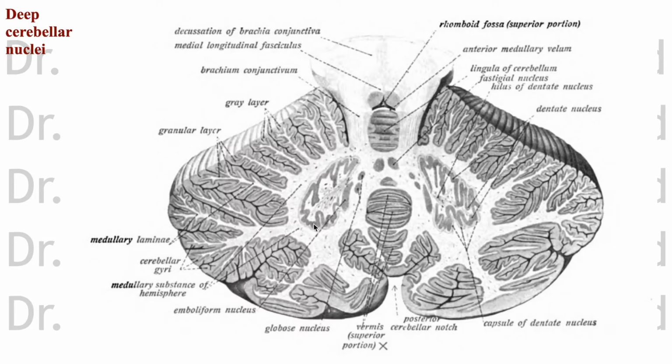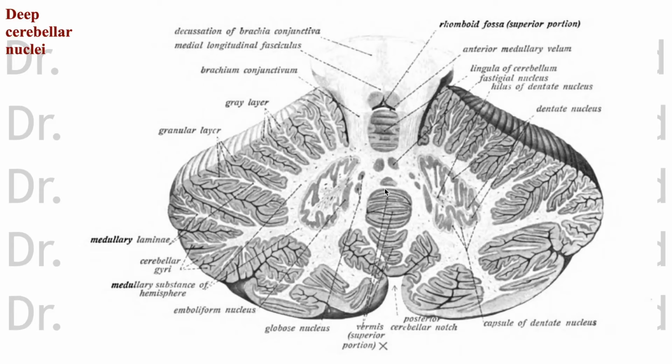This is another cut section of the cerebellum showing you the same principle of the basal ganglia. We have here collections of gray matter inside the white matter of the cerebellum. You can see the evident dentate nucleus. It's dentate in shape. The emboliform nucleus, the globose nucleus, and the fastigial nuclei. These are the four cerebellar nuclei on each side, and